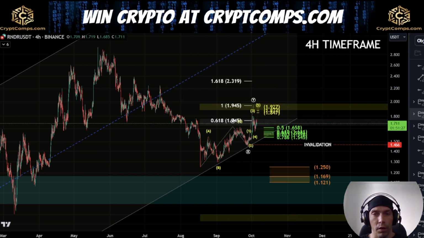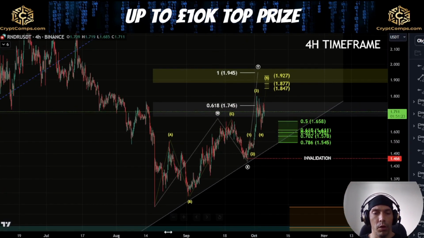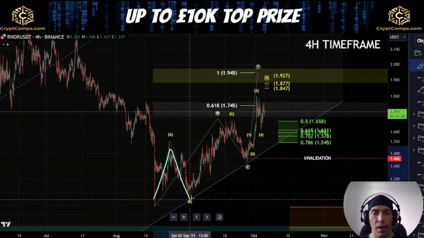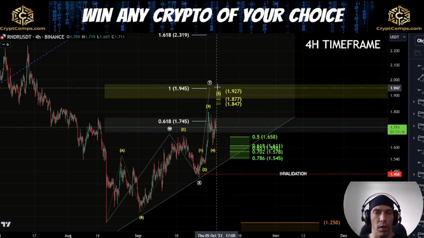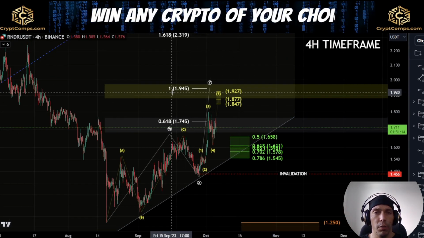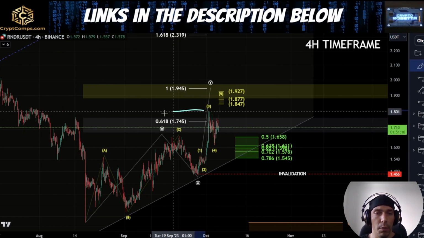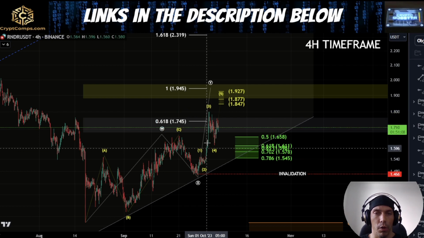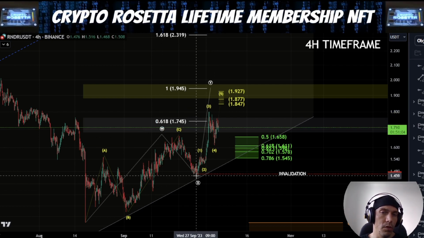Now, within this, as a corrective move to the upside here, what we'd have to be on the lookout for is we could also just argue that this is A, B, and C up into this high here. And then what we are looking for is a Y wave. Now the Y wave target here would be this 194 at a 1-to-1, though we have met the minimum requirement here at this 174. So because of that reason, I'm just being mindful that we could see this move actually